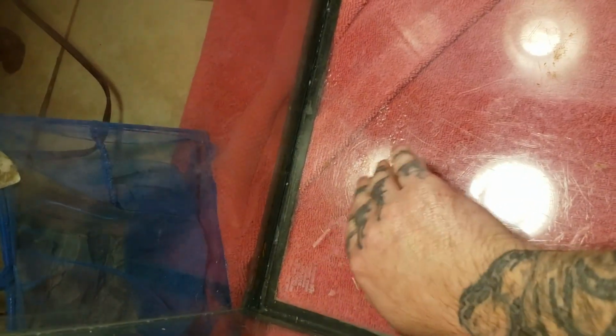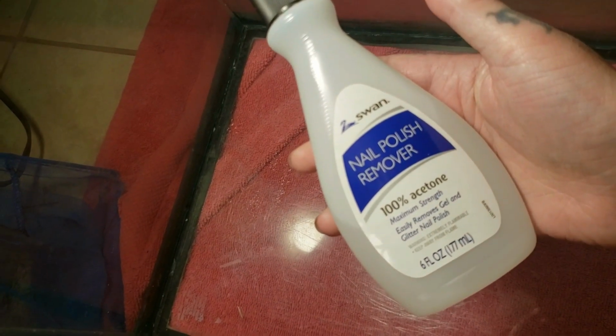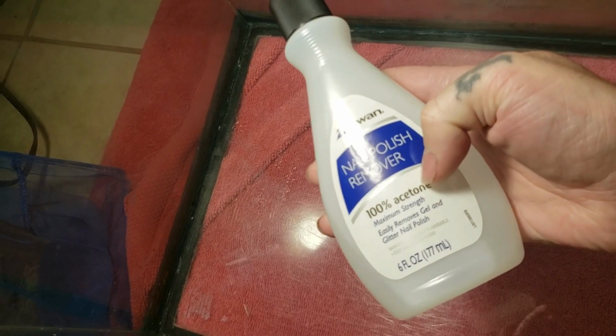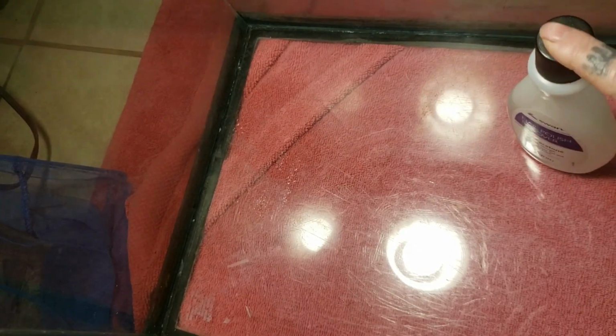There's still a little bit of stuff in it, but I'm going to move that out of the way and dust all this off before I lay the silicone. The next step you want to do, take you some nail polish remover, or 100% acetone, or you can take alcohol and water. Just take a little bit of this and